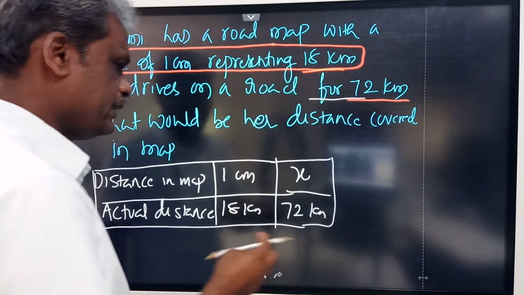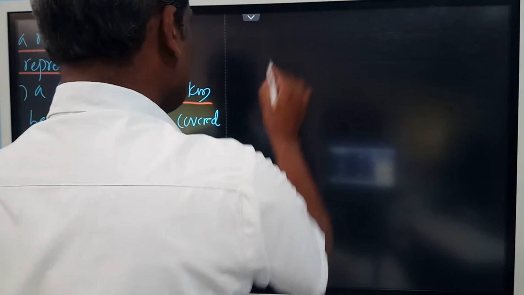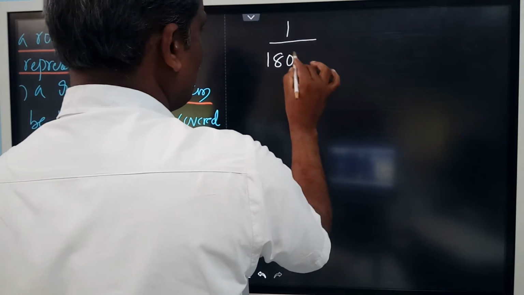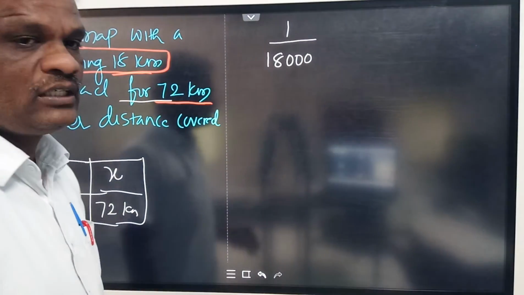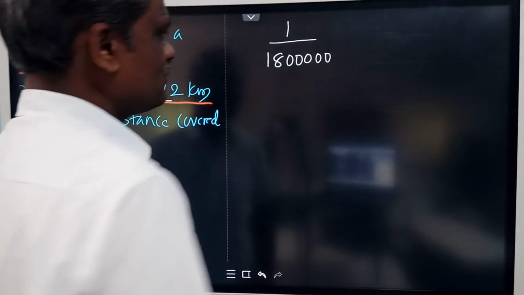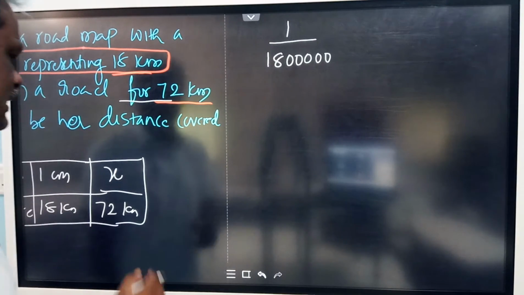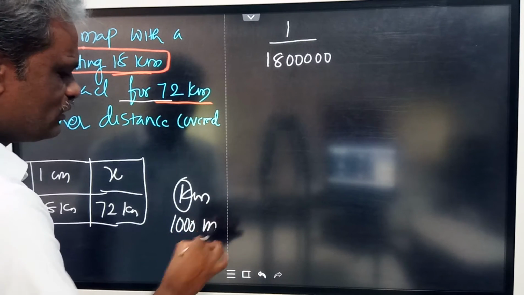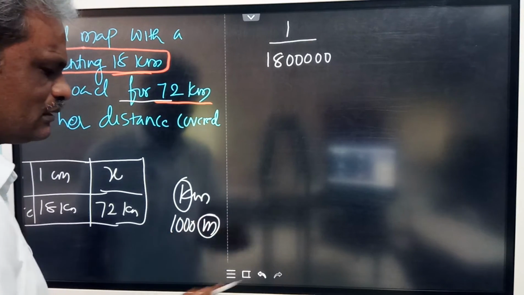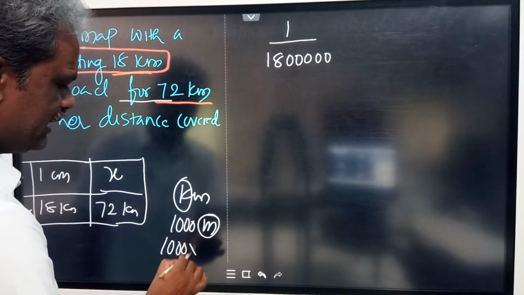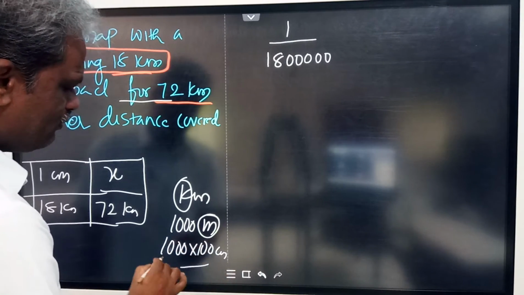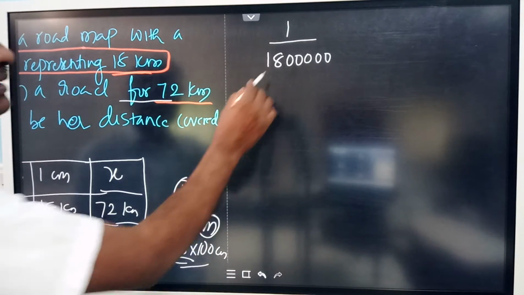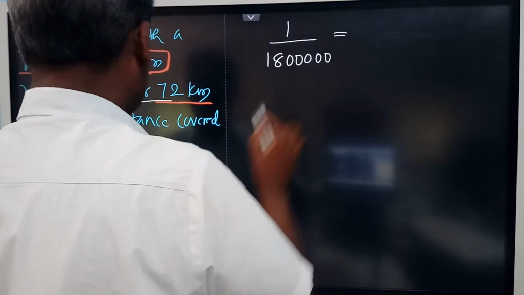Okay. So now 18 kilometer, to convert this, see 1 divided by 18 kilometer. Kilo means 1000, 18,000 meter. Into 100 if you multiply, then again 2 more zeros. It converts into centimeter. See, kilometer means, kilo means 1000. You multiply 1000, it becomes 1000 meter. Again meter means 100 centimeter. 1000 into 100 centimeter. So 5 zeros will be there. So 18 kilometer means this much centimeter